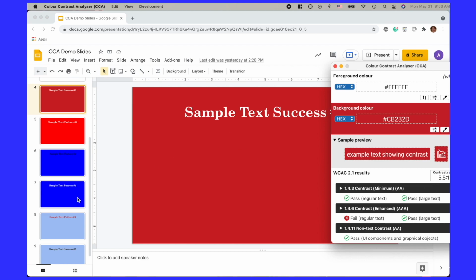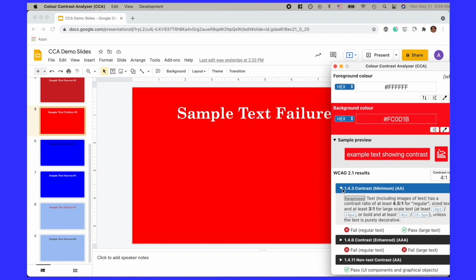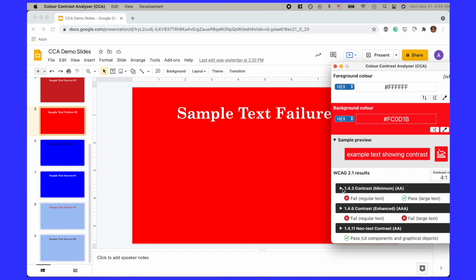Now, when you advance to the next slide, you'll see that the red is lighter. And when you enter this bright red that a lot of people sometimes use for text or for backgrounds, that can be more problematic because it's very hard to get the contrast ratio high enough to meet even the AA standards. As you can see, this is 4:1, and to meet the AA standards for regular text, we would need to hit 4.5 to 1. And having that bright red is very difficult because it really competes with the white text.